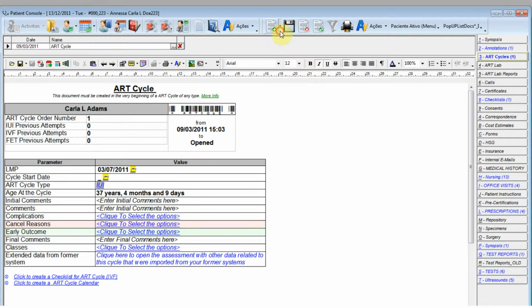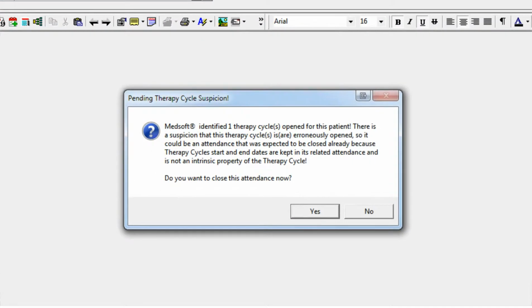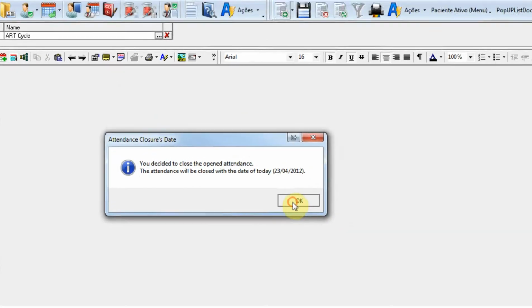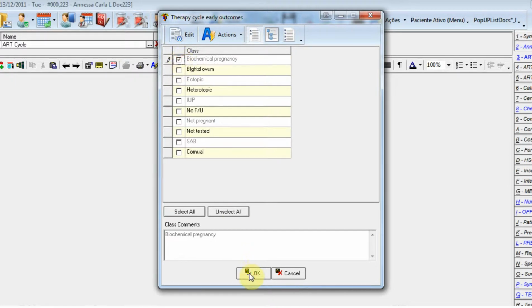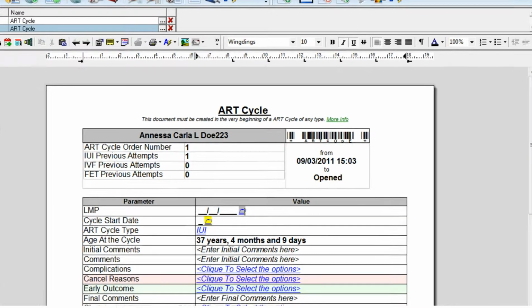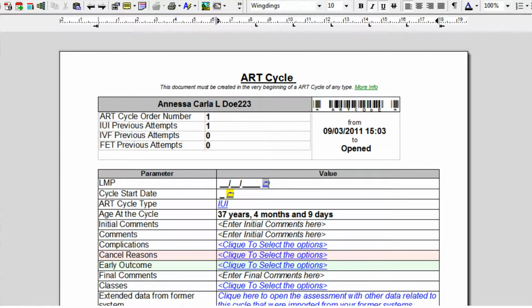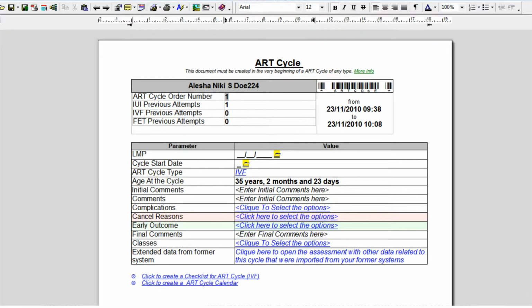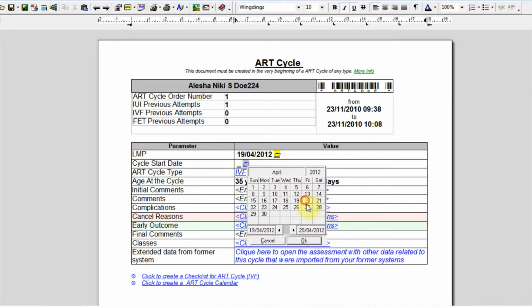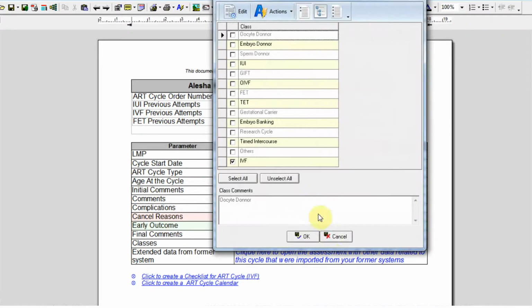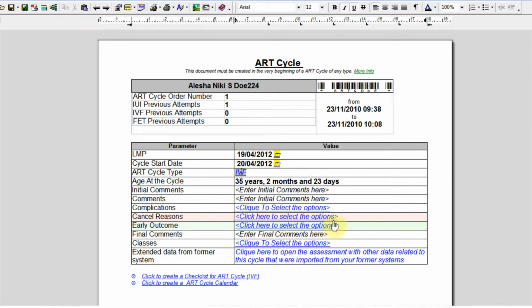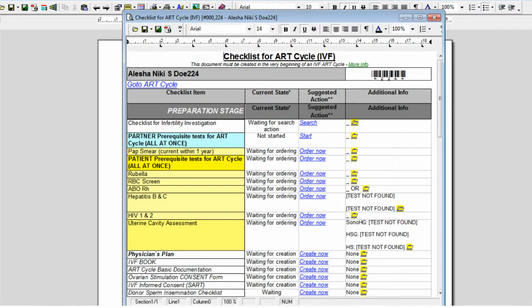Start the process by registering a new cycle, but not without Medsoft's pre-check if there are any cycles open. Then suggest a diagnosis to establish protocols in the data entry in which you can see a summary of the previous attempts. So, inform an LMP, easily choosing an option from an intelligent list. Define the date in the beginning of the cycle, the type of the cycle, initial comments, and generate a checklist